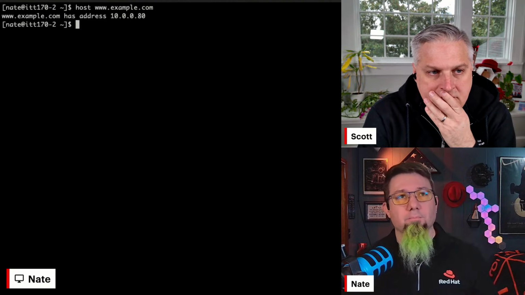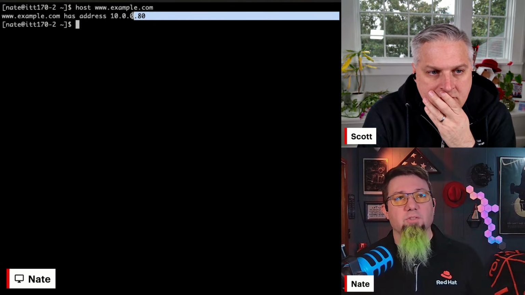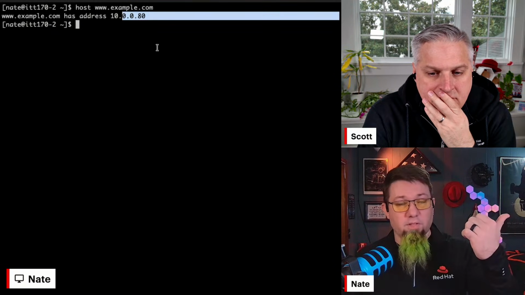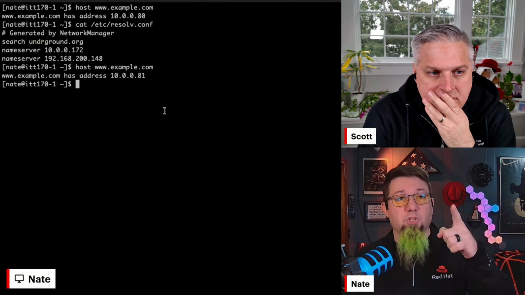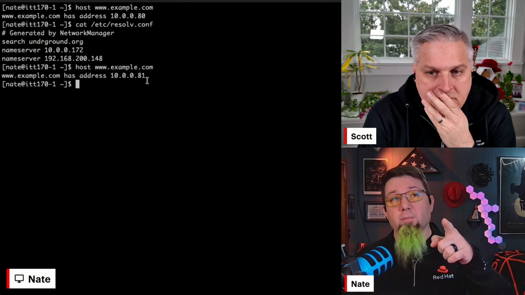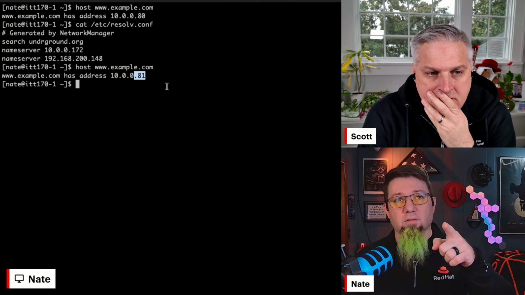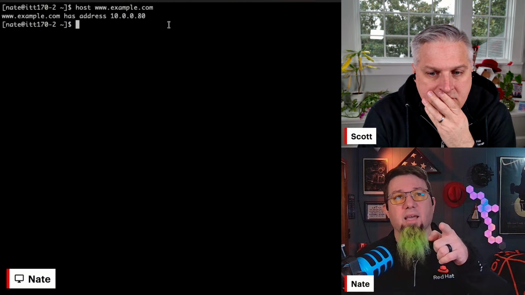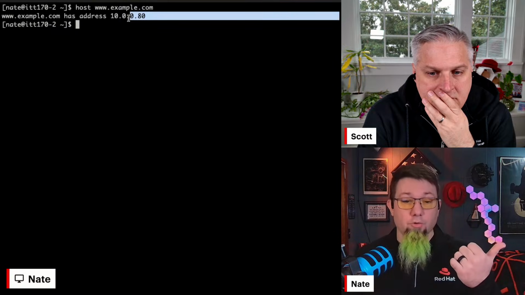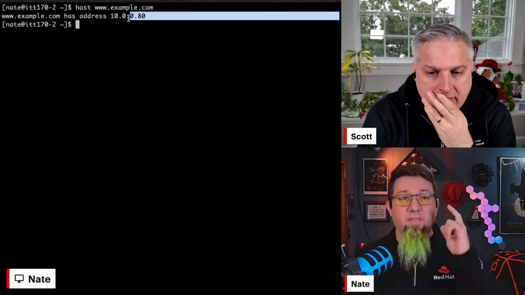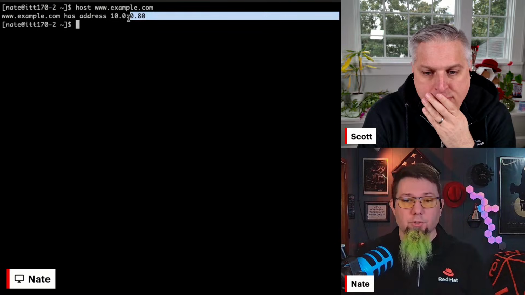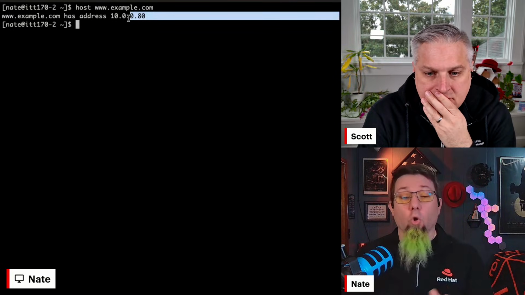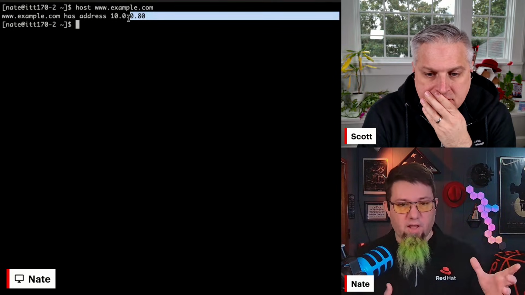Notice right here, I did the same lookup. And what address did it give me? Even though I've updated the zone file on the authoritative name server, on this machine that's talking directly to the authoritative name server, it gets the new IP address, the .81. On this machine that's using a DNS cache, it's getting .80 because that's the old address before I made the change. And this is a thing that commonly causes issues or confusion, or sometimes prolongs outages even after an issue's been resolved,